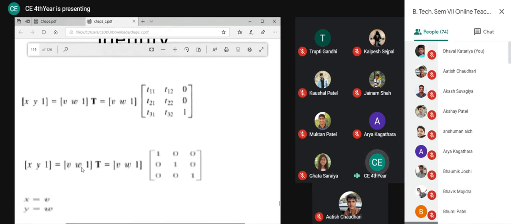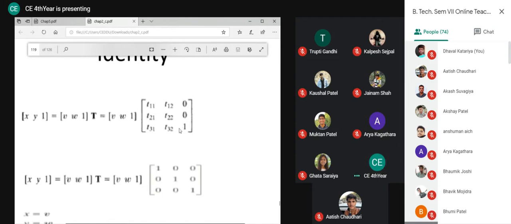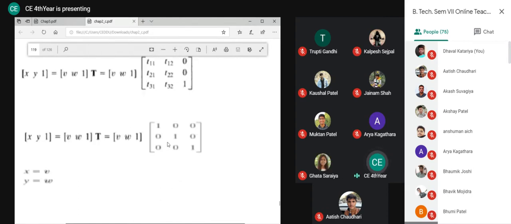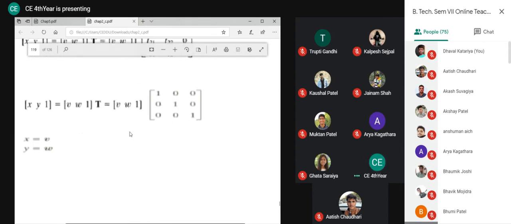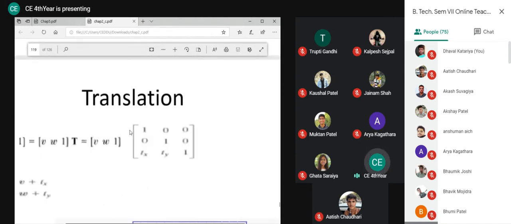So what was the purpose of this identity transformation right now? To make you understand that I am going to vary these values of T, all these T variables. I will do this matrix multiplication, and whatever the result is will change my coordinates x and y in terms of v and w. v and w are my old coordinates. So I will get a transformed image. Okay, now we can go for a better operation.